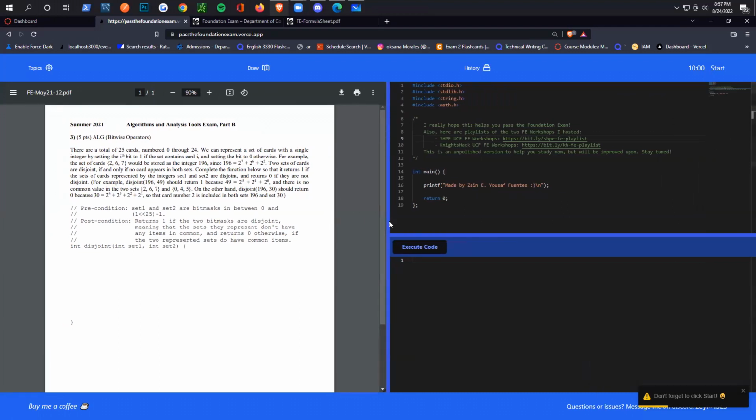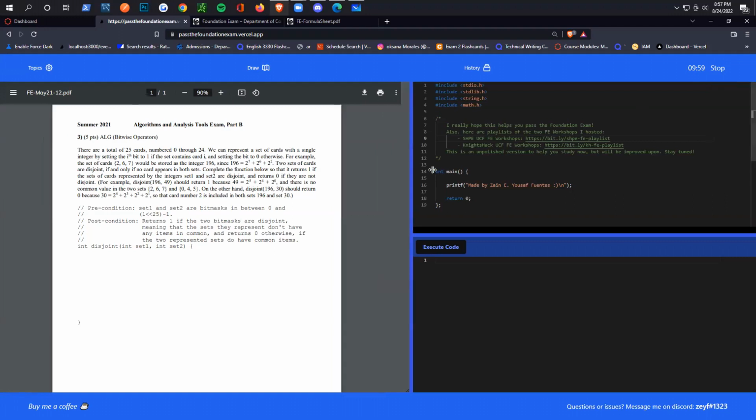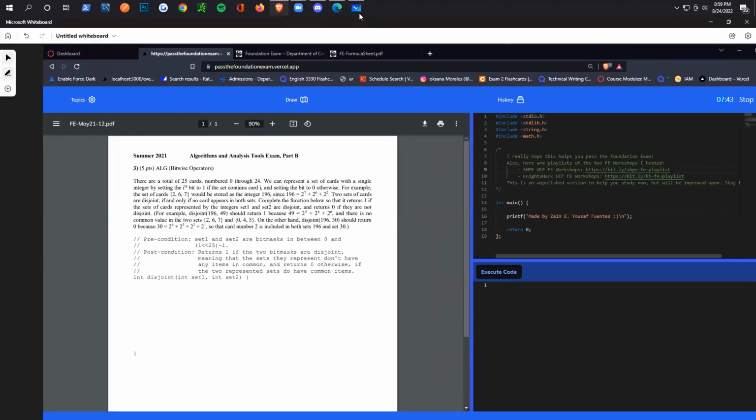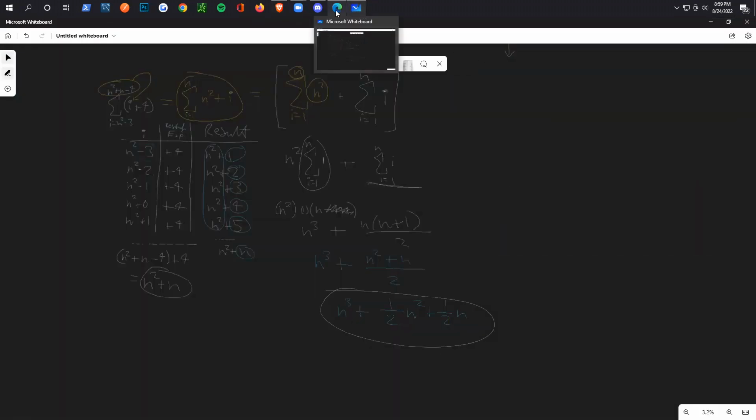So which type of bitwise questions do you guys want? Do you guys want some of the word problem, or do you guys prefer the ones that are just calculating numbers, applying or, and, XOR, etc.? Word problems. Okay, cool. So I'll give you guys a minute or 2 to work on this one. So when it hits 8 on this timer. Just give me 1 second. Okay, so